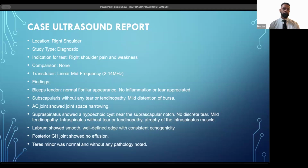And then the findings, again, I'll kind of review the report. Biceps tendon, there was a normal fibrillar appearance, no inflammation or tear appreciated. Subscapularis without any tear or tendinopathy, mild distension of the bursa. The AC joint showed some narrowing of the spaces, so degenerative changes. The supraspinatus showed a hypoechoic cyst, which we appreciated in the previous slide, near the suprascapular notch, no discrete tear, mild tendinopathy. Infraspinatus without tear or tendinopathy, and then some atrophy of the infraspinatus muscle, which kind of justifies the patient's